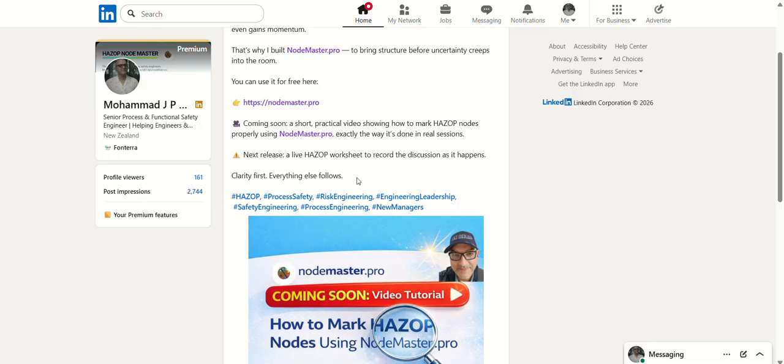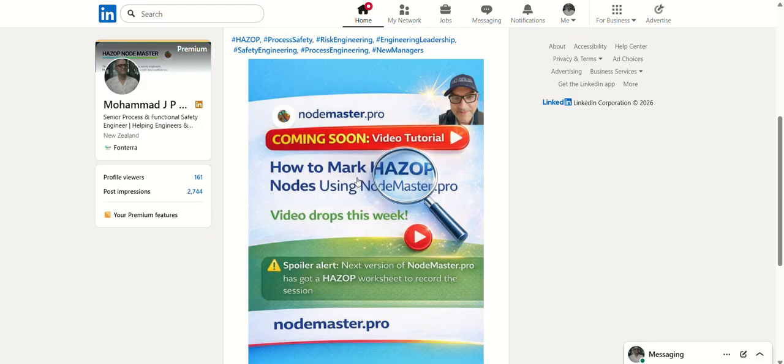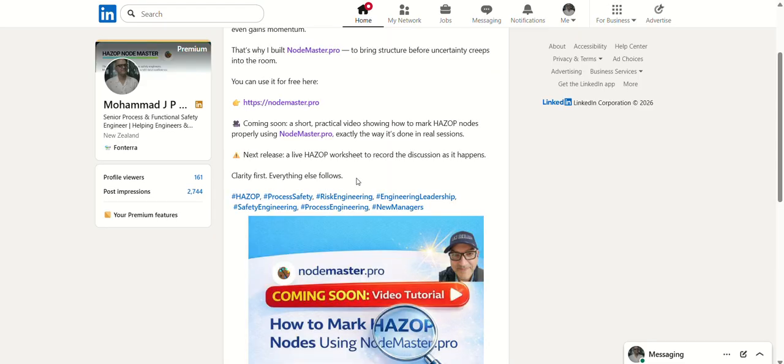And as I've said in this post, the next version will have another function which has a worksheet, and there we can use the worksheet and node marking both to conduct a complete HAZOP. So here we are with the first phase. Simply, we can go to nodemaster.pro by clicking this link on my post, or alternatively you can just put